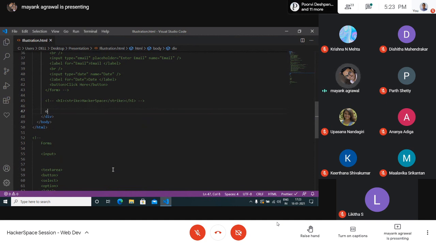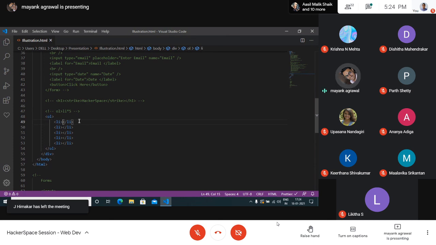Per se, if I have to make a list of 5 items, one more shortcut that VS Code provides is, first I want to make a structure like this, so I can simply use OL, then LI, then times 5, because I wanted 5, and then plus tab.